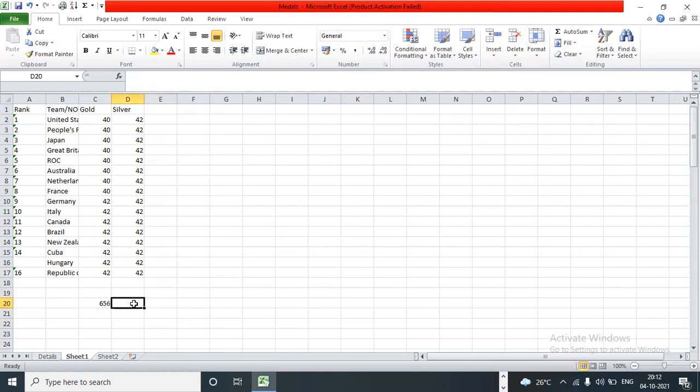656. Now if I want to find the max number, suppose I have multiple numbers over here, for example 40, 41, 43, 44, 46.